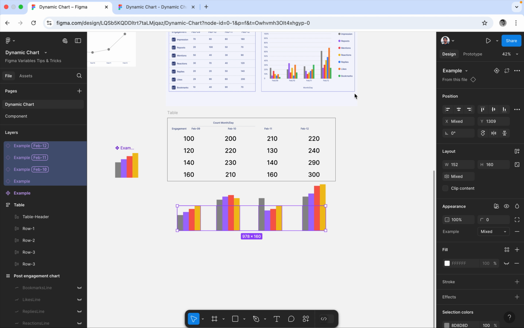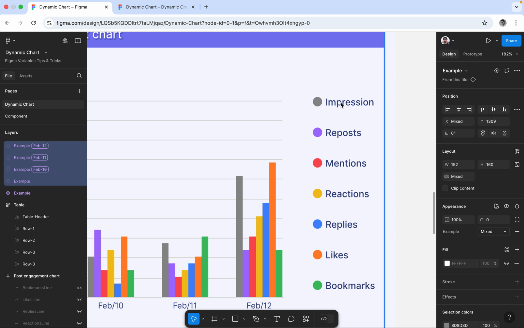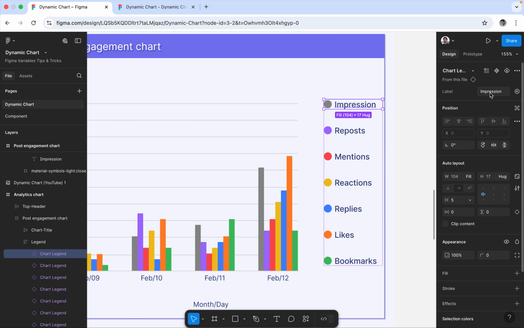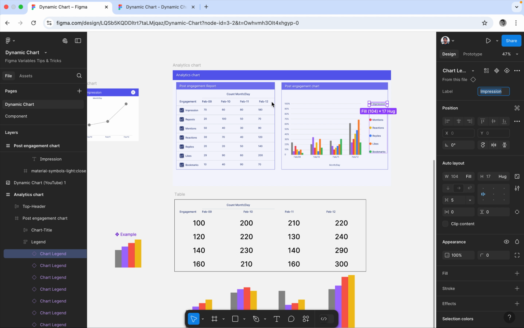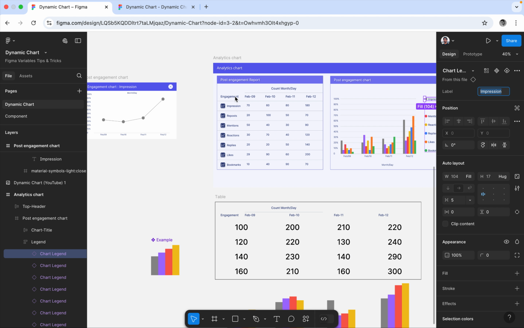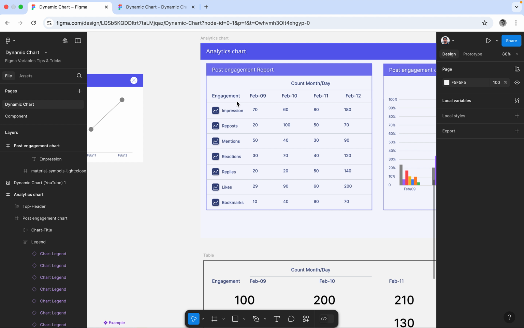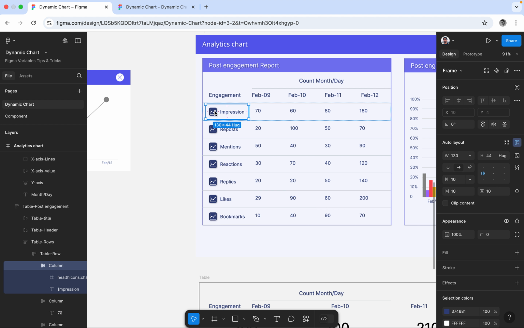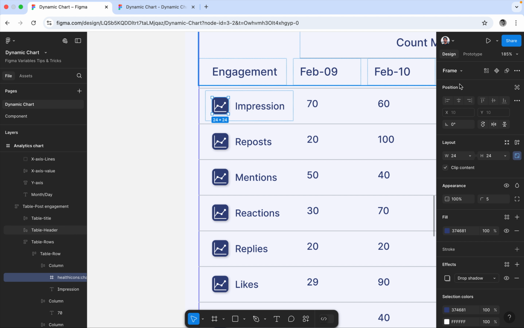The remaining legend and all is very easy. You can create it very simply, and it is already there in the component. So you can change the color and all. You can write this text and change the color of this. Next is the line chart, how we are creating the line chart. I've already mentioned it, so here is the interaction which has